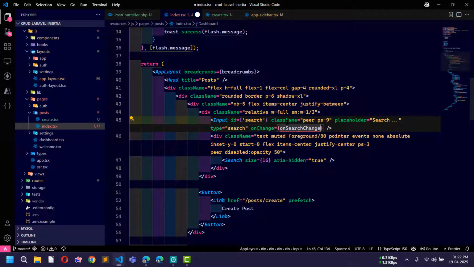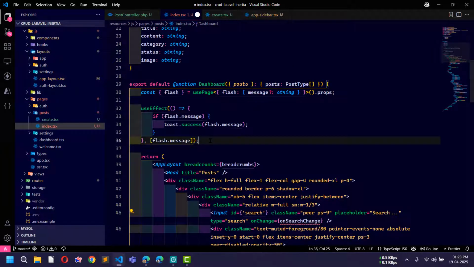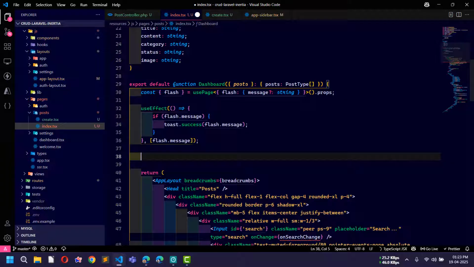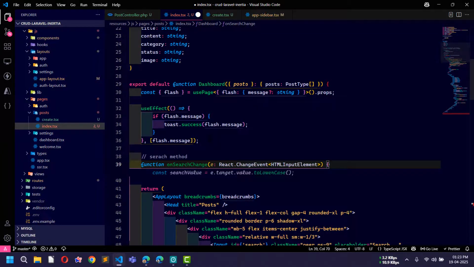Okay, and next what I will do is I will copy this and I will define this method above here, the search method, and here I will write function onSearch, and here in event I will use ChangeEvent, and I